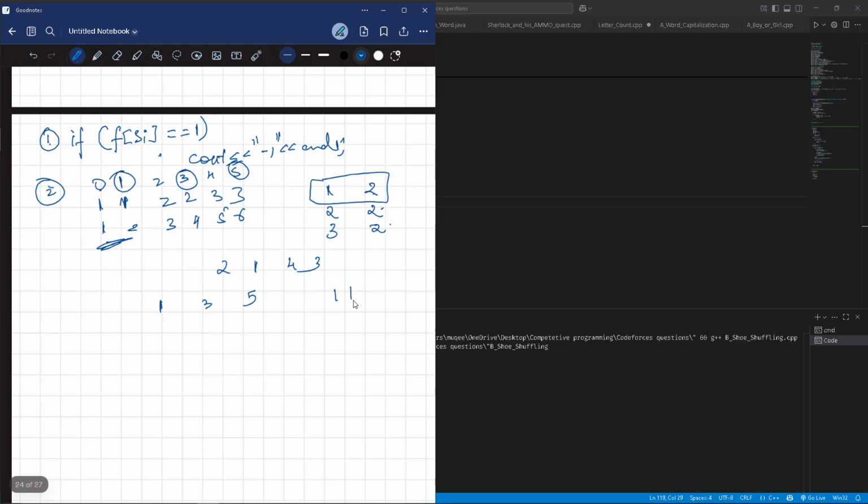Let's say I have triple 1. 0, 1, 2. I got the indices. 2 minus 0 plus 1 is the thing, 3, and that is 3 elements. Now what I'll do for 0 to 2, or let's say 2 to 0, I'll just print